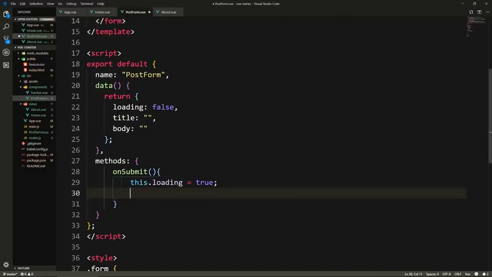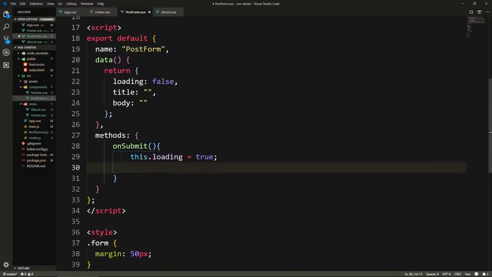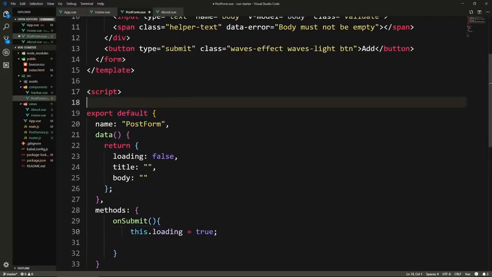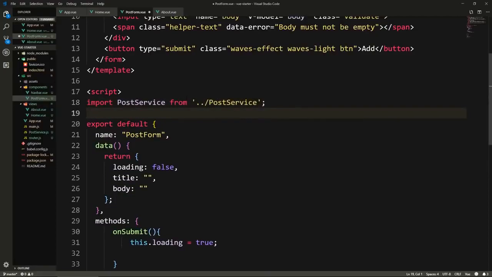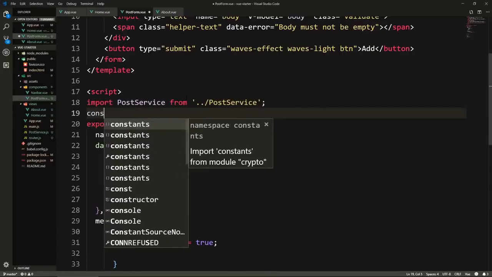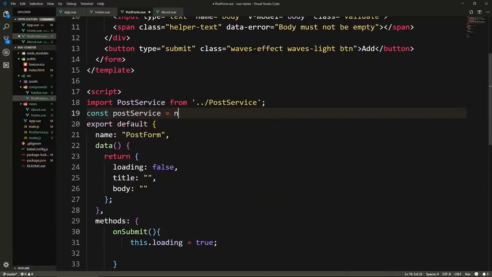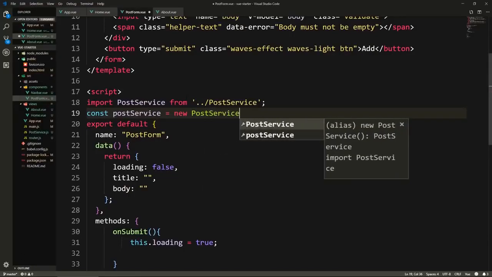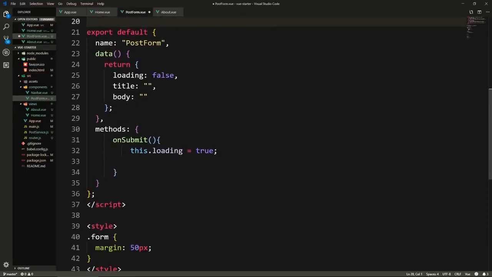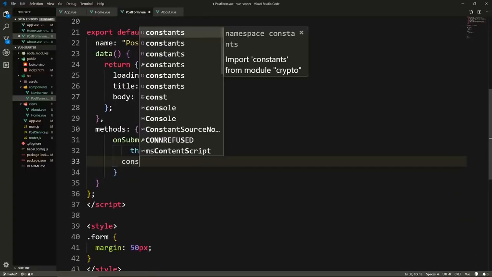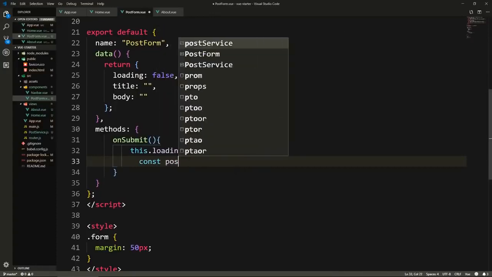And here in our submit, we need to reach this write post and send this post. And actually first we need to import the service. So here we'll say import PostService from, we go back one level to PostService, and we need to instantiate an instance of it. So we'll say const postService equals new PostService, like this. And here let's form our post. So we'll say const post equals,